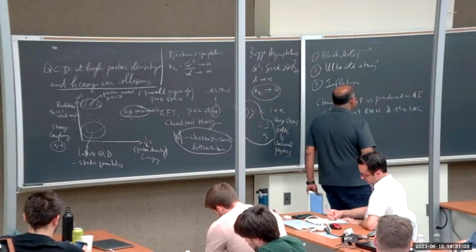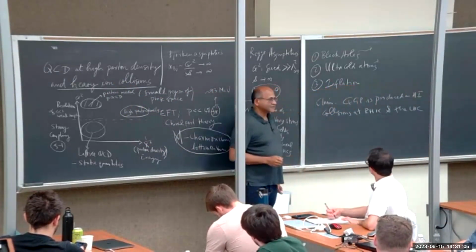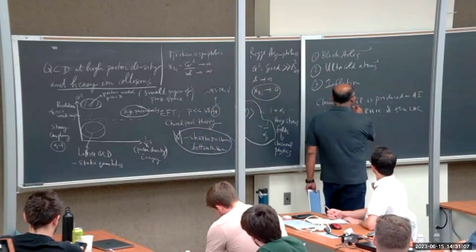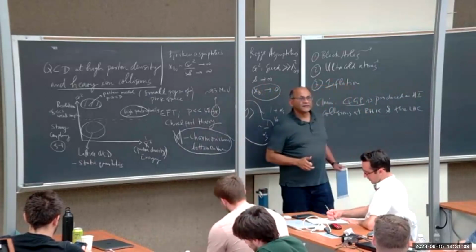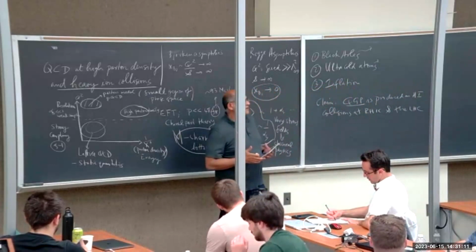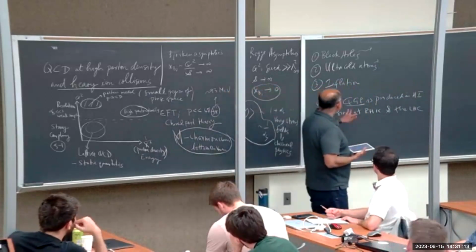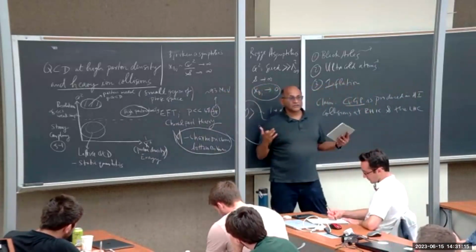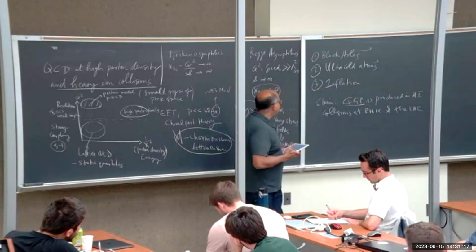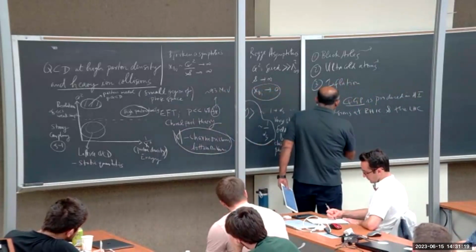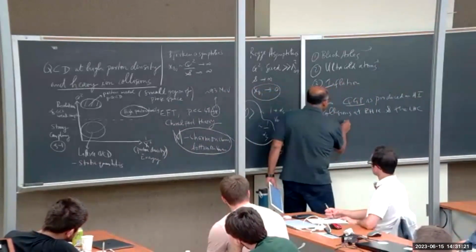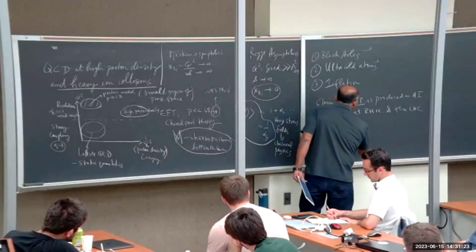At the highest energies, and I think this is sort of widely believed. So this matter existed only previously 10 to the minus 5 seconds after the Big Bang. And so the question is, can we understand